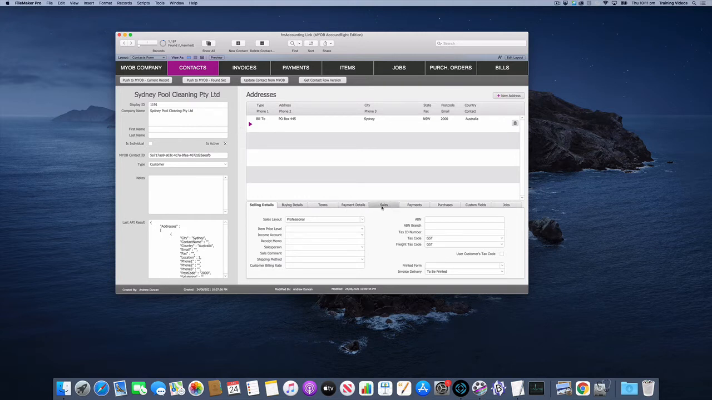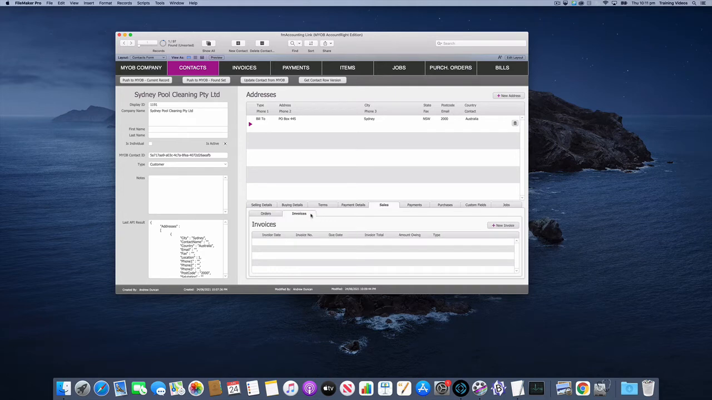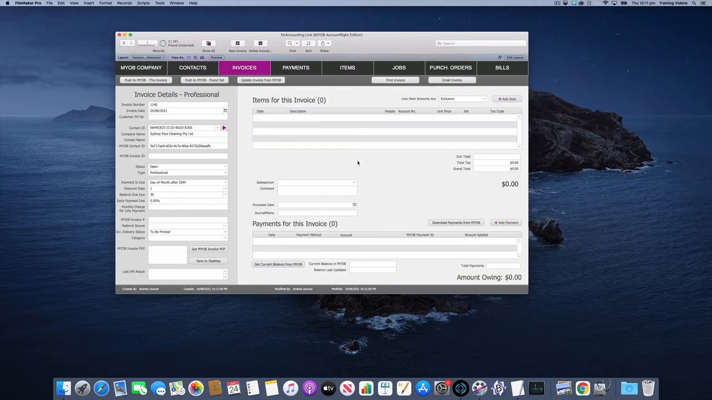So let's go to the Sales tab and we'll go to Invoices and we'll create a new invoice. So I've chosen Professional as my invoice layout type, but you could obviously choose one of the other 4 options there. So I'll leave it as Professional. I'll just create a couple of line items. So we'll just put in something on the 17th and we'll call it